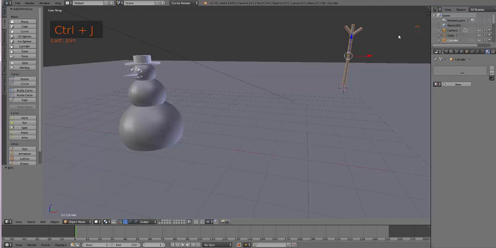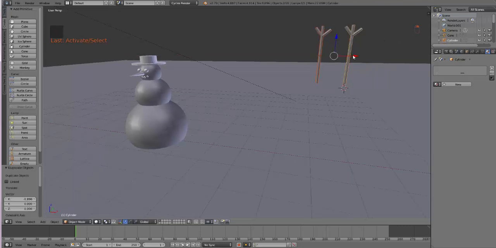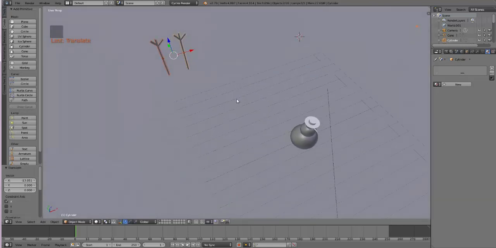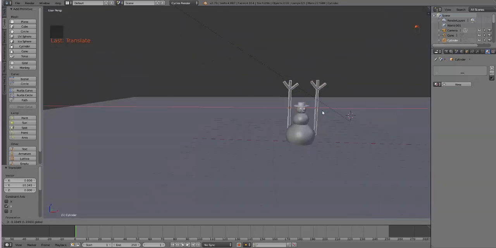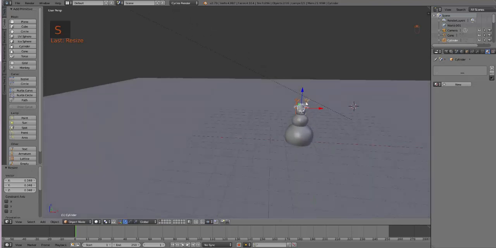That's a single object with a single origin, and if I say Shift D X, these guys are ready to go. So let's select both of those, and let's just move them into position where I want them to be, or where I think they might want to be. And I can see they're way too big, so I'll scale those guys down,